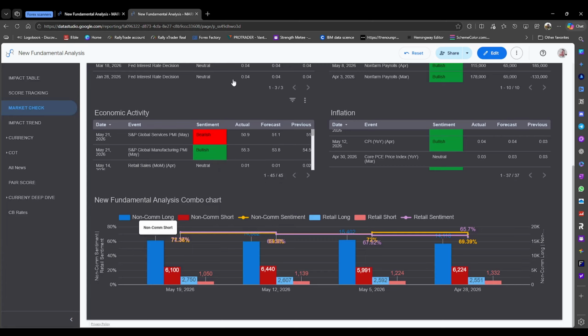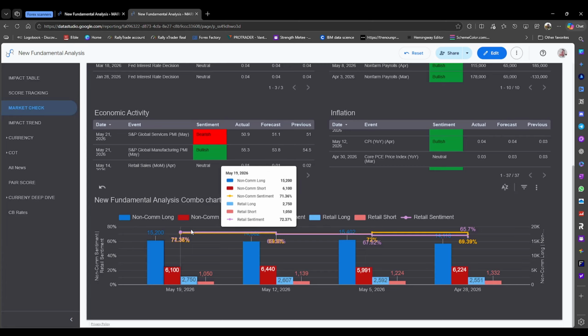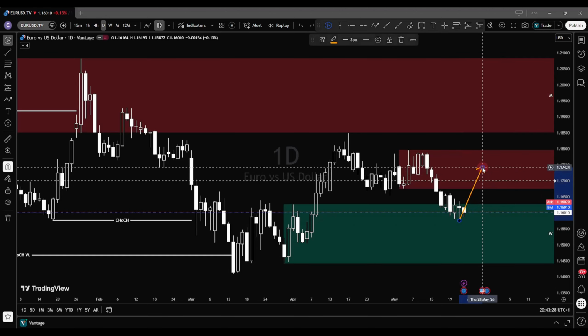Now, what does this mean? If squeezing the retail traders is what's going to happen next week by going long, this is what's going to happen, right? The market is going to move up into this weekly supply zone. So that is me going long and squeezing the retail traders in this market. And it's not me personally doing it. It's more like